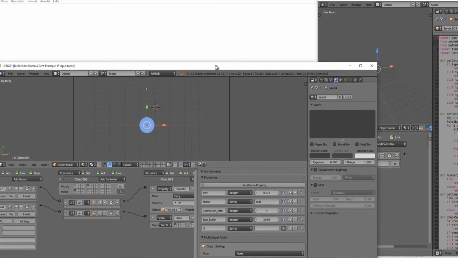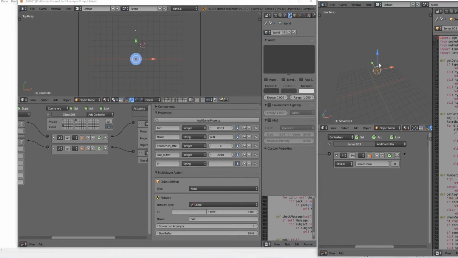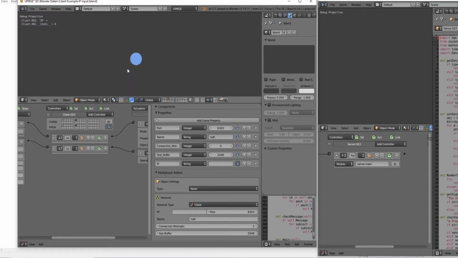I have here the server and here is the client. If we run the server with P, you can see there's nothing. When we run the client, nothing happens on the server. Now we can see that the IP is nothing. So if we type in localhost